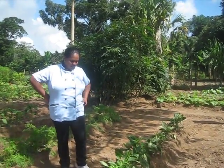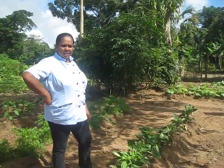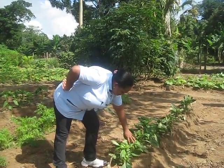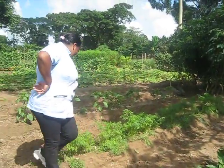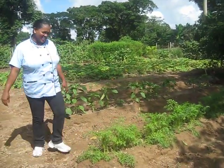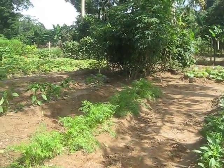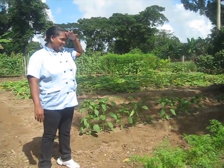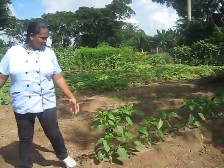Okay, this is sweet pepper. We planted it about a month and a half ago. Just starting to grow. If you notice, you have little buds on them. And then over this side here, we planted some carrots about the same time. Will these be ready for Christmas, Lynn? Yes, definitely. And then over this side, these are some pepper,